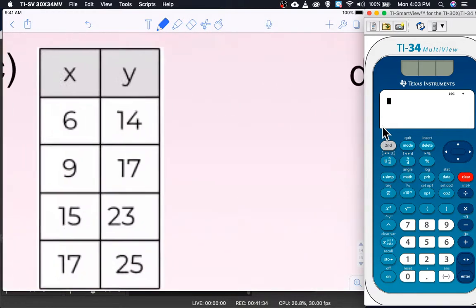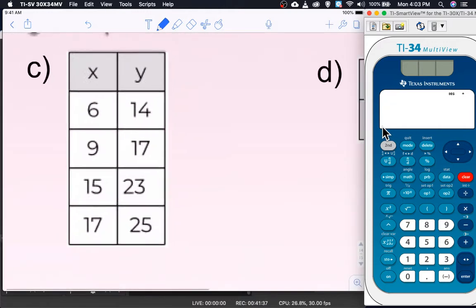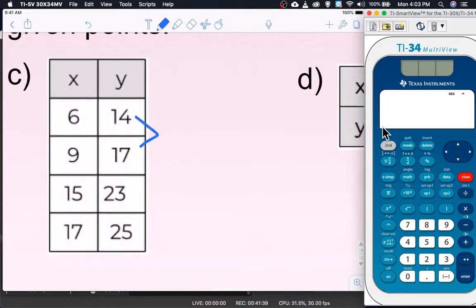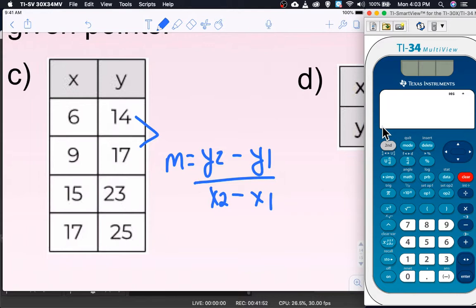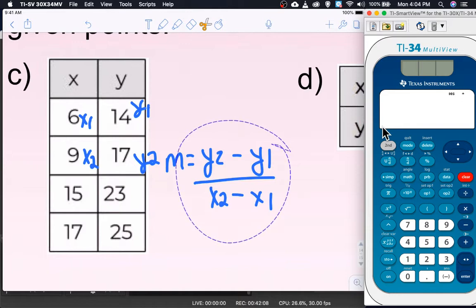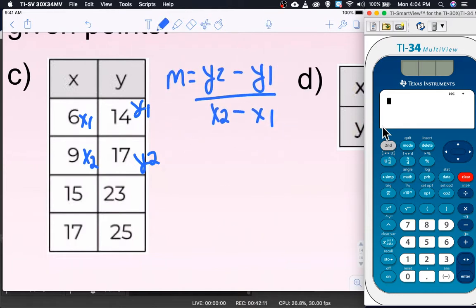All right. Well, looking at this table for letter C, I would use these 2 points because it's got the smallest numbers. So, formula: m equals y2 minus y1 over x2 minus x1. This is the x and y value of the first point. This is the x and the y value of the second point. I'm going to plug those numbers into my formula, giving me